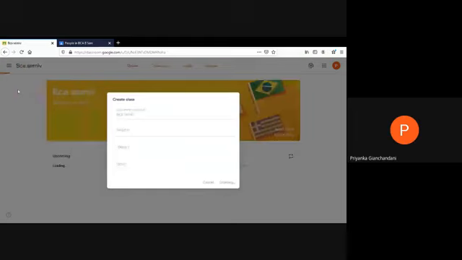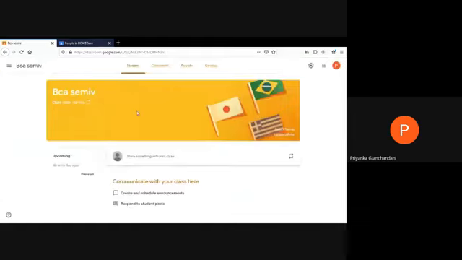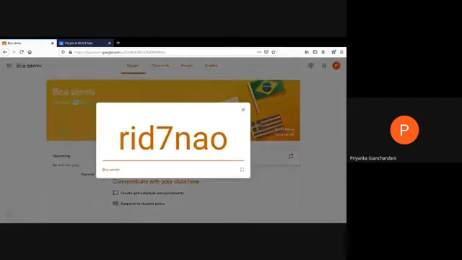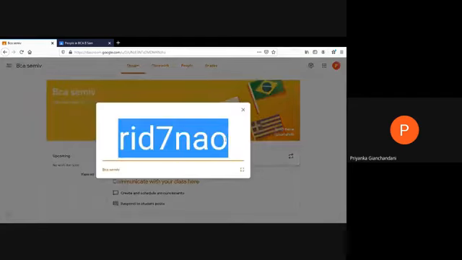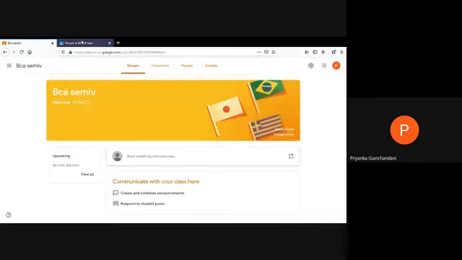So see, if all of you can see this class, my class has been created by the name BCA Sem 4. Now, how will I make my students join this class? When we create a Google class, there is a class code which is assigned to that particular classroom. So this is the classroom code. If you click on this display button, you can see the classroom code as highlighted. This particular classroom code I need to share with my students. The moment the students enter this classroom code, they will become a part of my class.